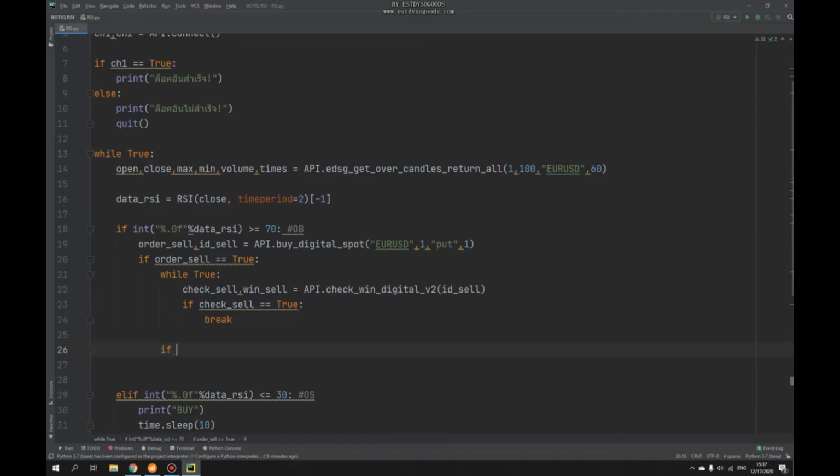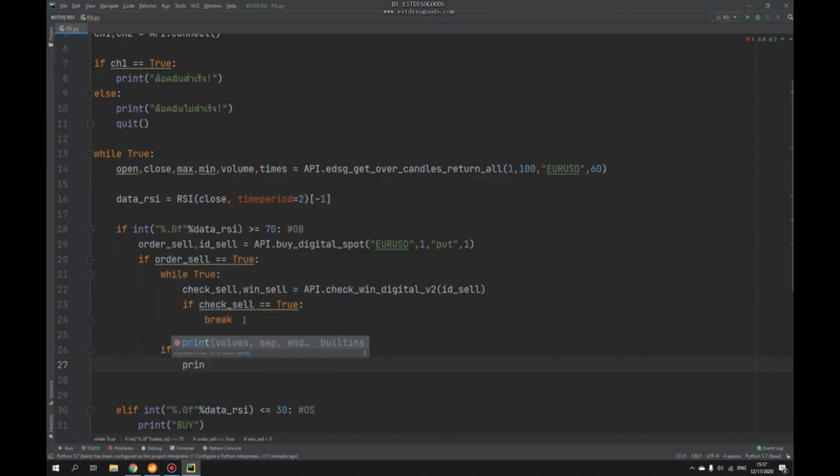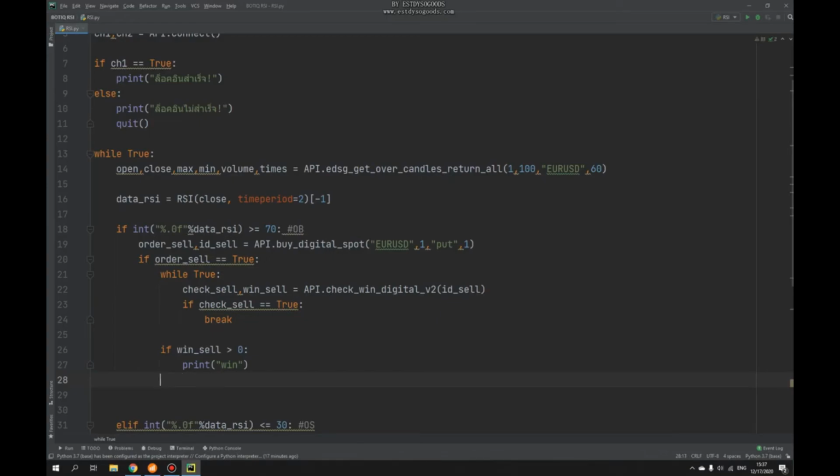Alright, and then to check if it wins, if win sale is more than 0, it means you win. So print win. And else, if not win, then print lost. Alright,